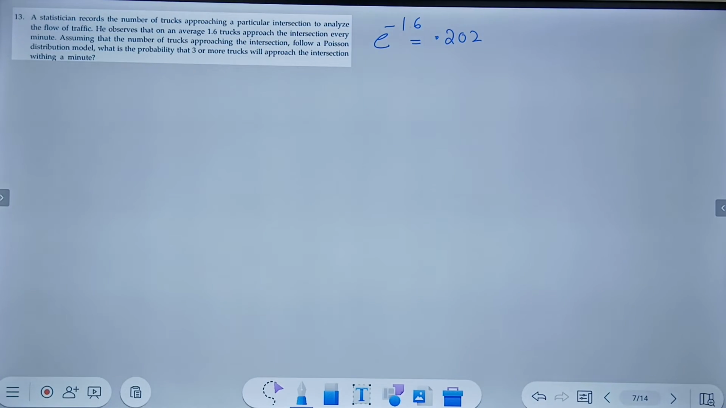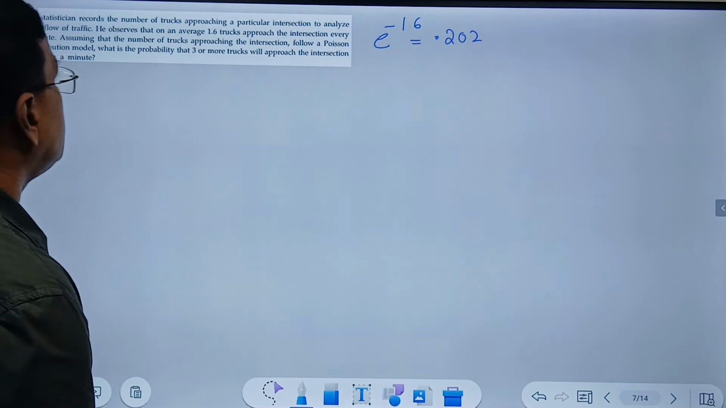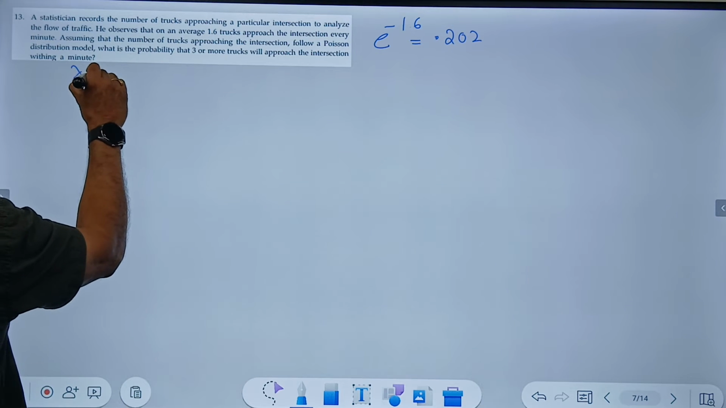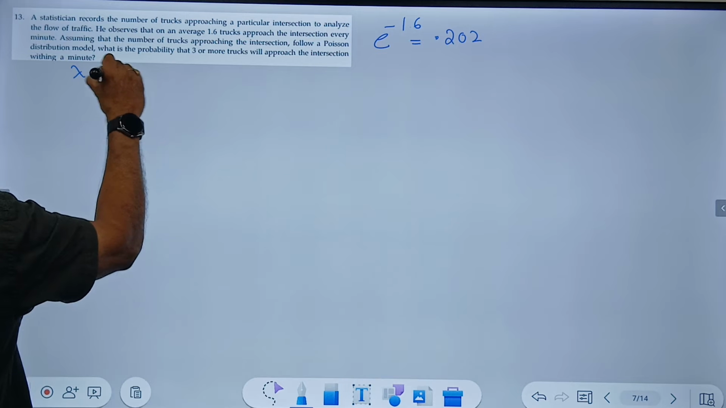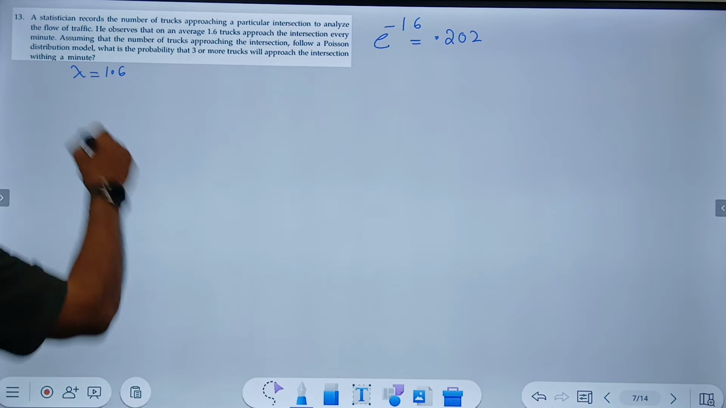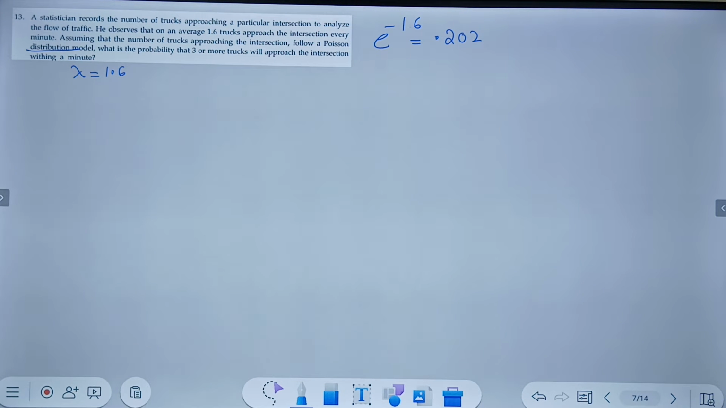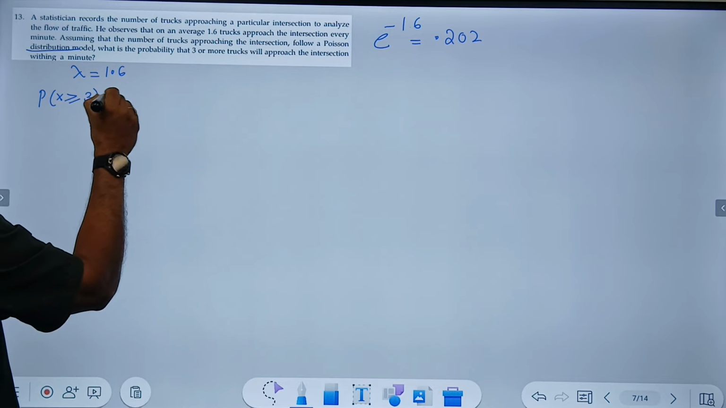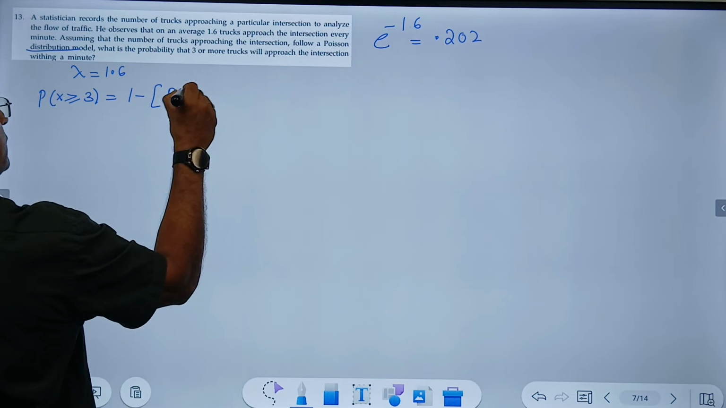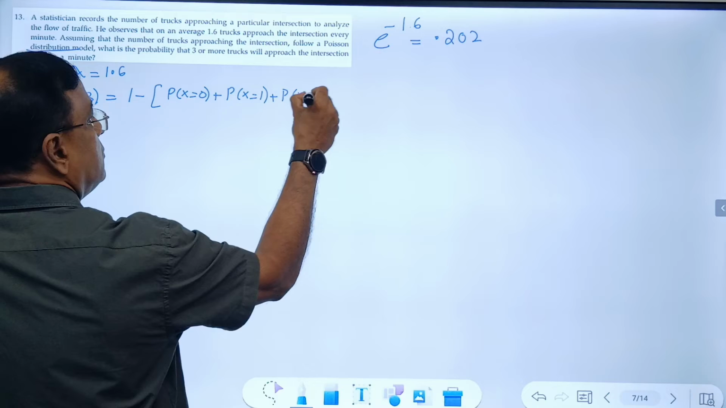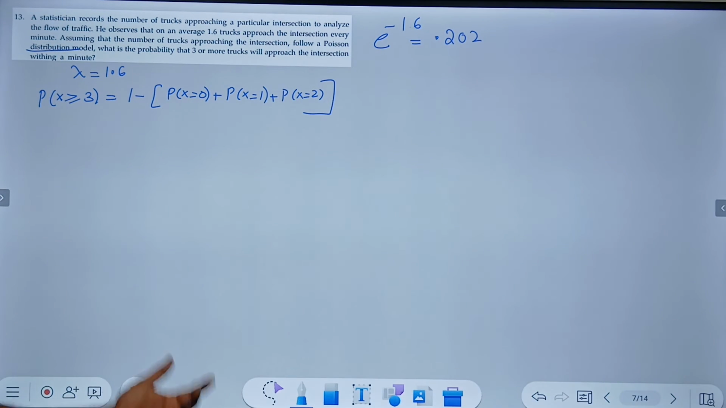Okay. Next one. A statistician records the number of trucks approaching a particular intersection to analyze the flow of traffic. So, on average, you have 1.6. Average is 1.6. Assuming that the trucks approaching the intersection follow a Poisson distribution model, what is the probability that 3 or more will approach the intersection? So I want to find 3 or more, which is same as what? 1 minus P of x is equal to 0, P of x is equal to 1, and P of x is equal to 2. 3 or more will be 1 minus P of x less than or equal to 2,